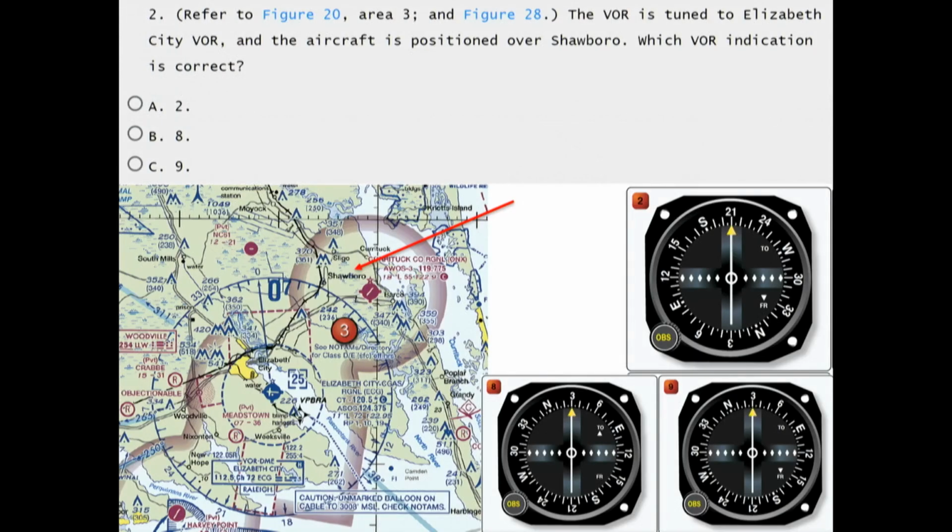I'm going to show you an FAA written test question, so you just know. It says, the VOR is turned to the Elizabeth City VOR. That, I believe, is right over, if you want to know the value of a marketing degree, this Elizabeth City